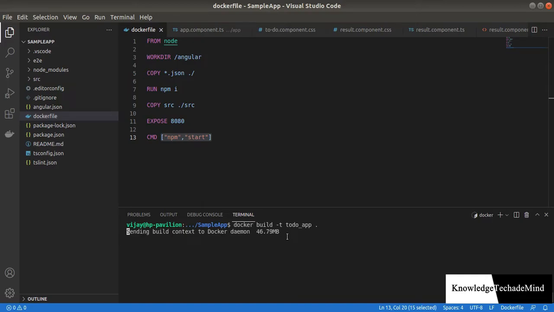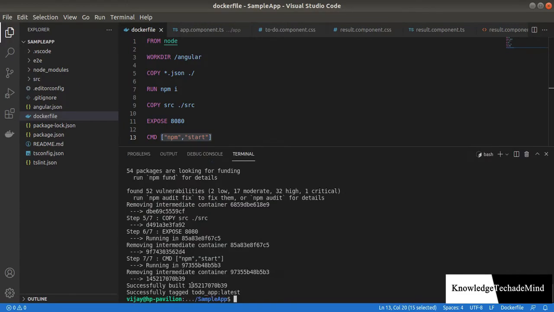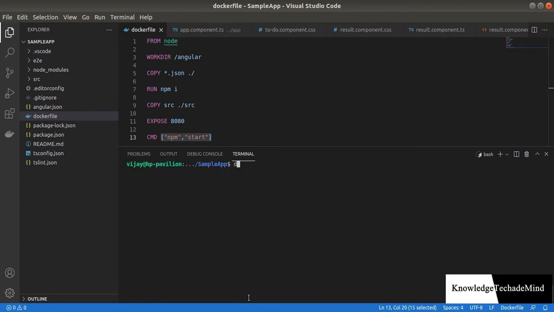You can see the image build is in progress, which executes each step from the Dockerfile. You can see that the image is created successfully, and you can find this image by using the docker image ls command.